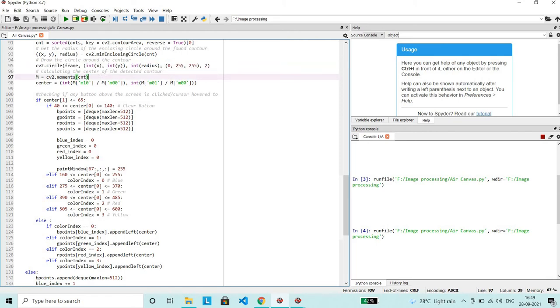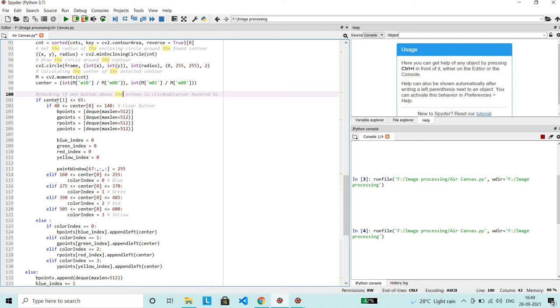Now we need to find the center. So we have calculated the center and stored it in the variable named center, and this is the formula which we can easily find on Google, or even create on our own. Now we are checking if any button on the screen is clicked, or if the marker is hovered over that point.